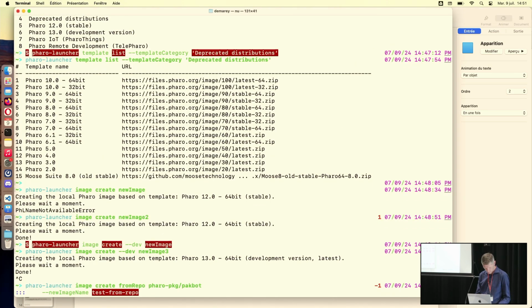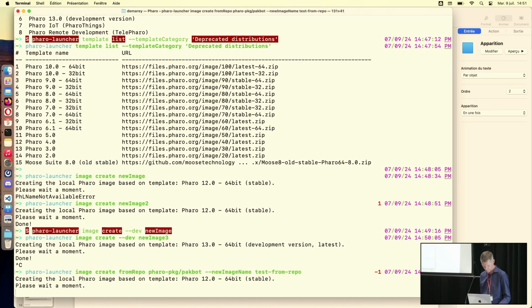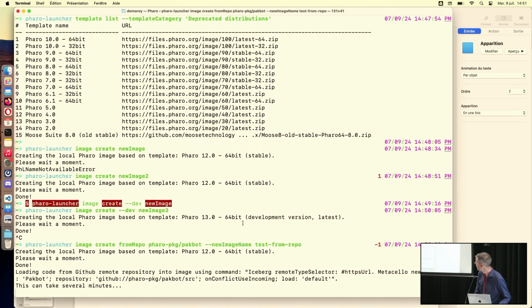So it will also take some time. So you see you have the command that is run to load your project.